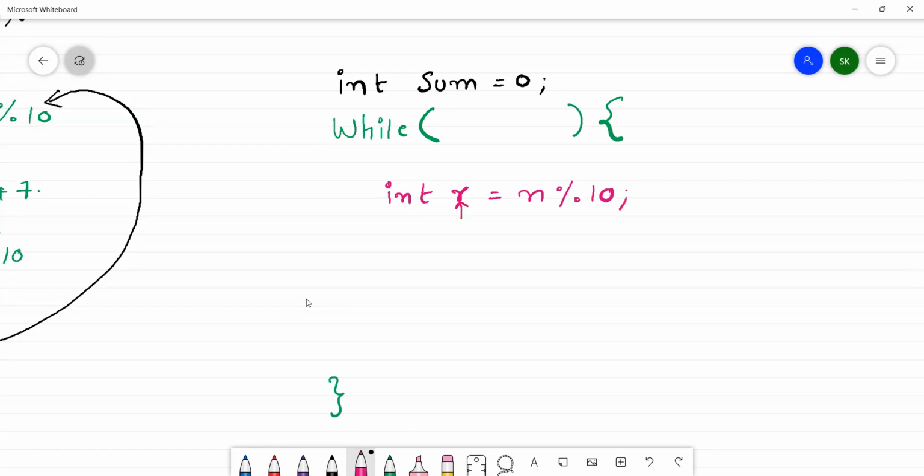After getting this last digit, we were adding it to the sum, right? So your sum here will become sum plus remainder. Is it clear, guys? And after that, we were removing the last digit also, and storing in the same number. So n is equals to n divided by 10. Is it clear to everyone? I can see one person responding very fast, but what about others? And now this loop will repeat until this number is not equals to,